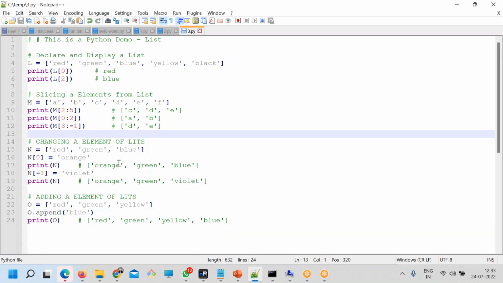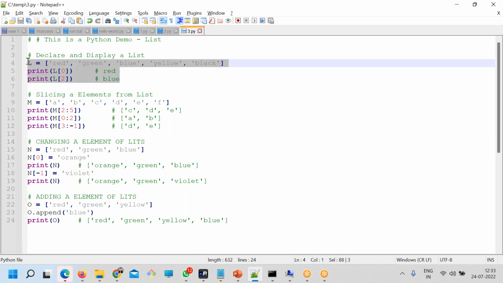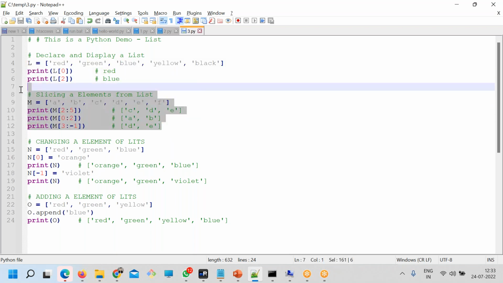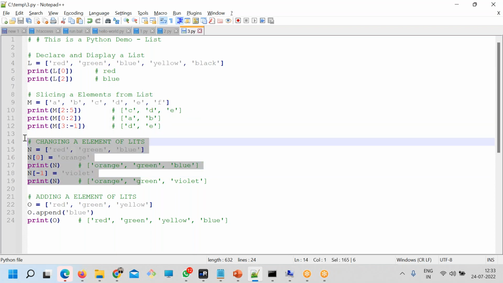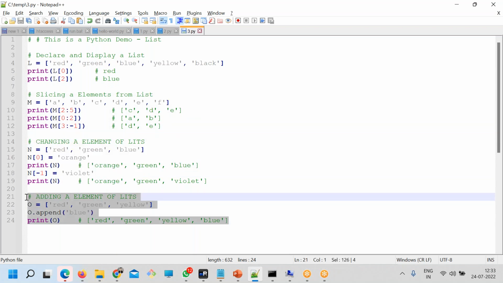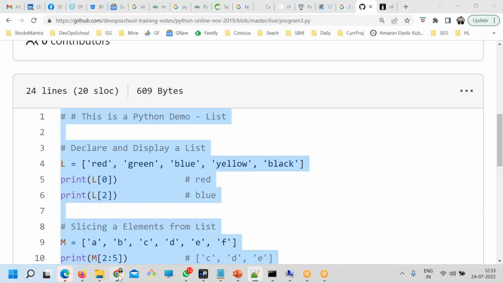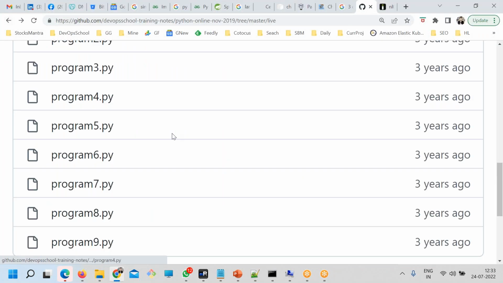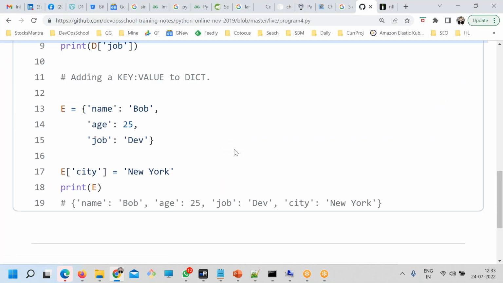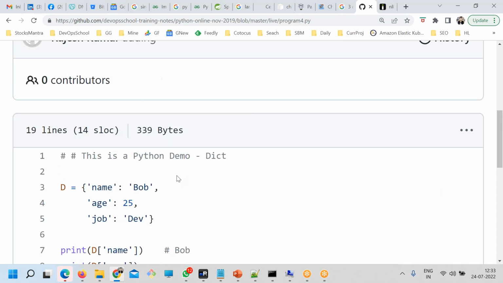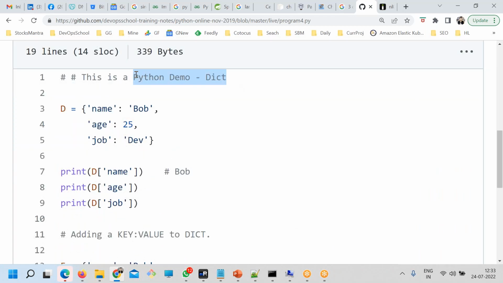So this is the way you can work with a list. You can display the list, slice elements from the list, change an element of the list, and add an element to the list. So many things you can do, these are the basics. And this is program 3. Let's make it 4. This is with a dictionary.